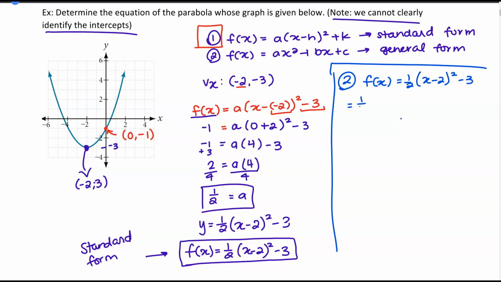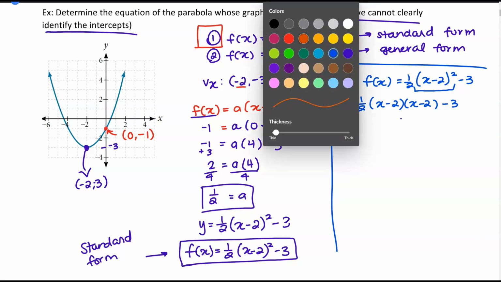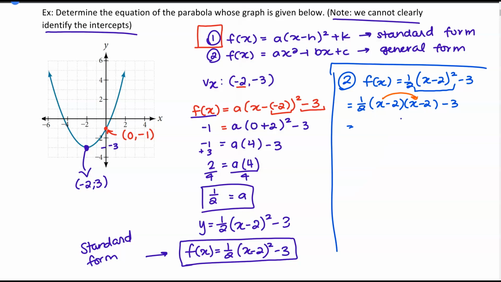So because we are expanding this, it is really important that we realize that we are taking this binomial expression and we are multiplying it by itself. So it really becomes (x minus 2) times (x minus 2) minus 3. So when we multiply this out, we really should be foiling this out. I still see quite a handful of students that forget to FOIL it out and they just square the individual terms. So this becomes 1/2, and then we get the expression here, x squared plus 4x